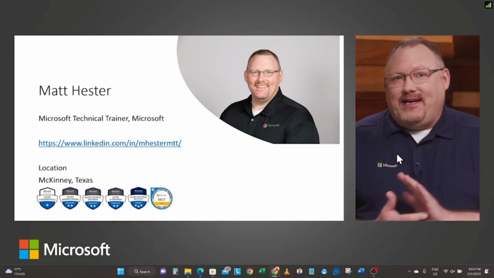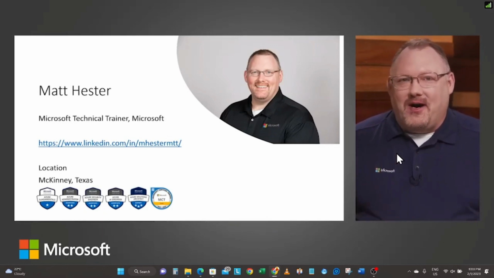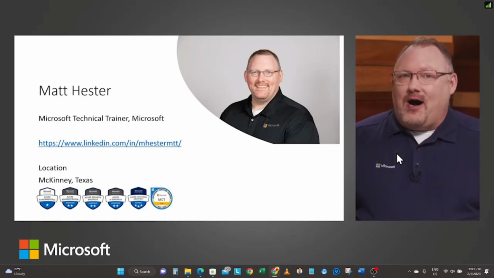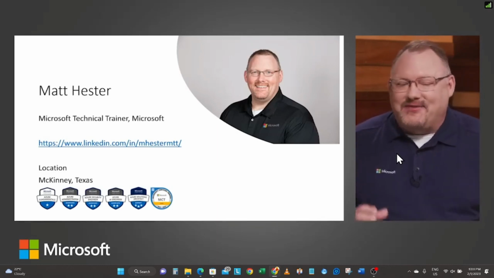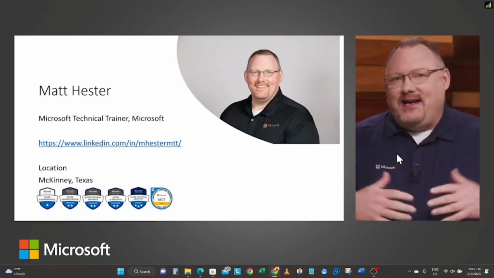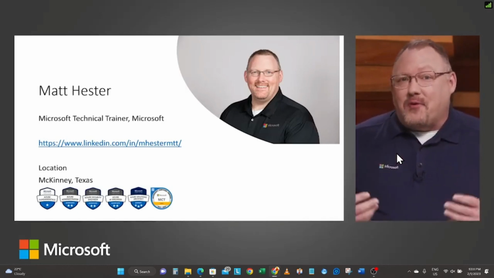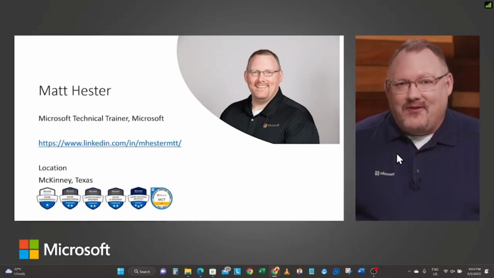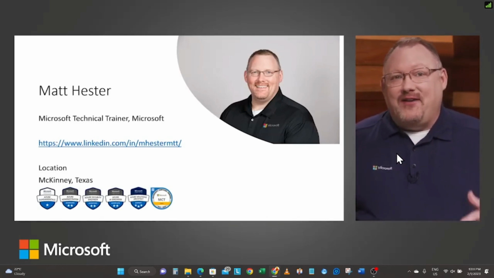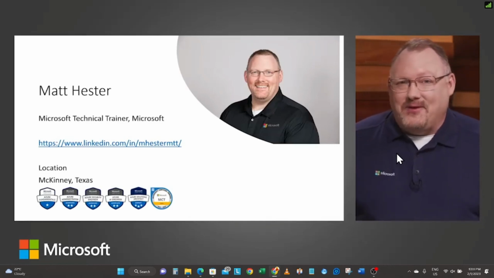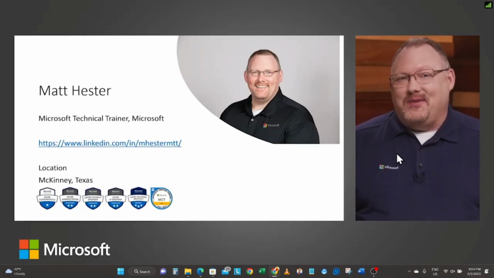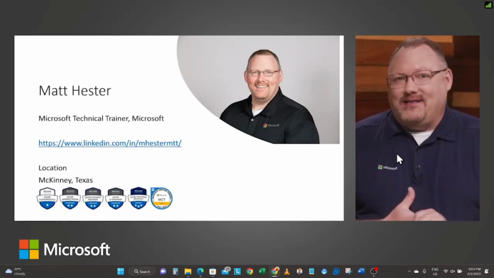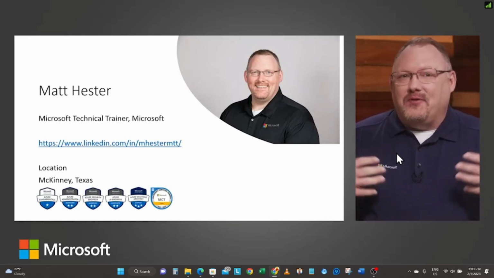But a little bit about myself. I currently live in McKinney, Texas, which is a northern suburb of Dallas, but I was born in Ohio. I'm a proud Buckeyes and Browns fan, as you may see on my laptop lid. I sometimes have stickers that are there. I have many certifications. I've been with Microsoft proudly over 21 years. I've been a Microsoft certified trainer for 25 years, and my very first certification, might date me a bit, was NT351. So I've been around this industry for quite some time, and I've just been blessed with my opportunities.